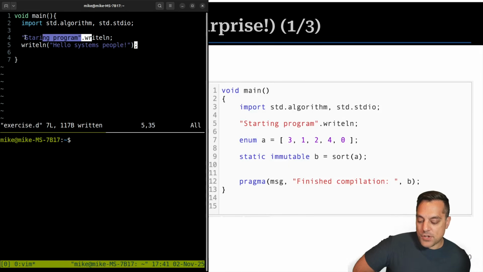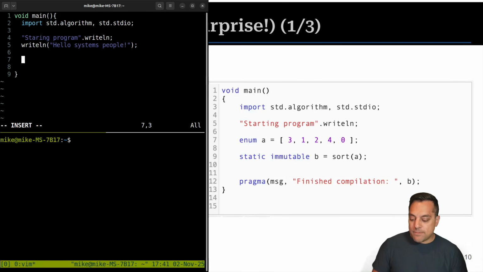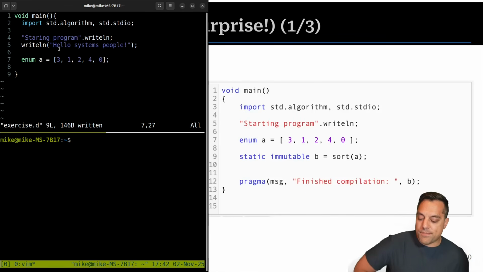But to each your own, you can read this left to right by just taking out the first argument and popping it in front here. So that might be something new if you're coming from C only. Then we've got this here, enum. What is this here? Well, it looks like I've got an array of values here, 3, 1, 2, 4, 0. Very nice here. And basically what an enum is, is a compile time value. Okay, what does that mean?